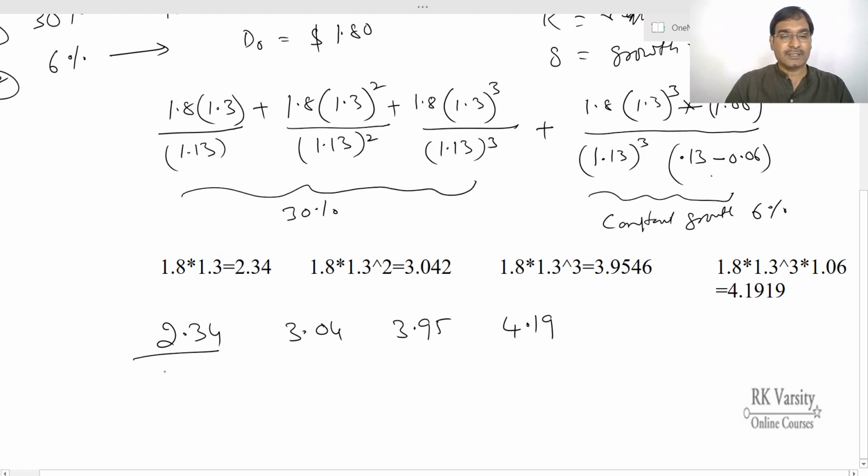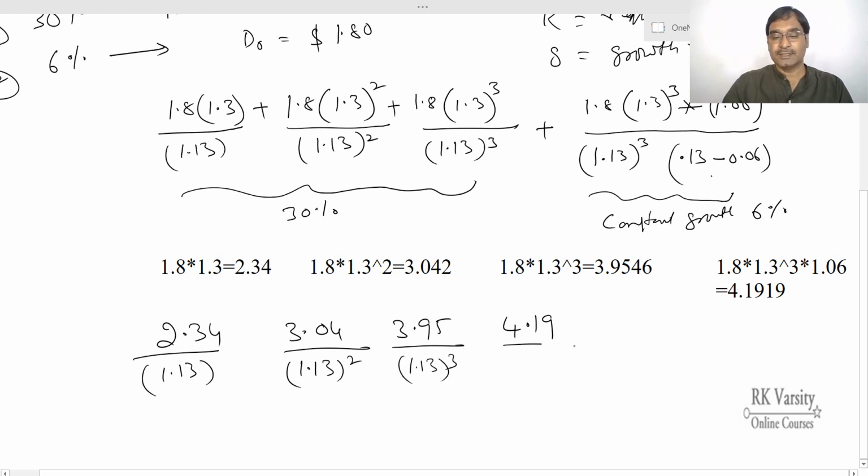Then each of these we bring to the present value: 1.13, then 1.13 to the power of 2 for the second year, then 1.13 to the power of 3 for the third year, and then this is divided by, first we do Ke minus g, that is 0.13 minus 0.06, then this times 1.13 to the power of 3. You need to take year 3 only here, not the 4, because from year 3 onwards